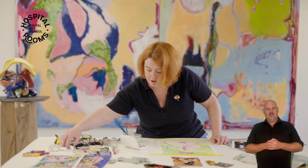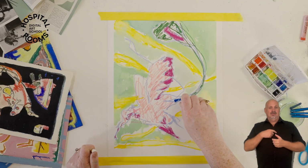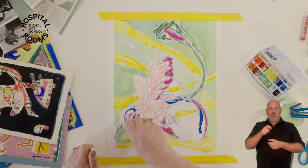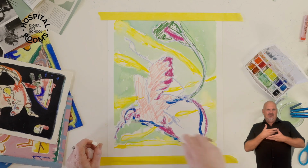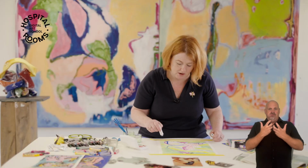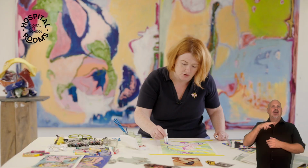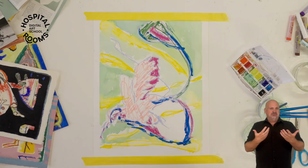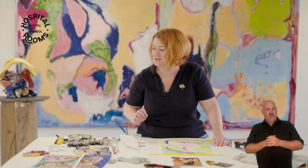Now, for some fun, we're going to just squeeze some paint on here. Some gouache. Ooh, I'm going to squeeze some gouache. And it pops out the colours in the paint. Now traditionally this is not a way that you maybe have seen paint used, but you can do this and there's no rules. You can do whatever you want. There are no rules. Okay, now one of my favourite parts of making a painting is using the oil pastels